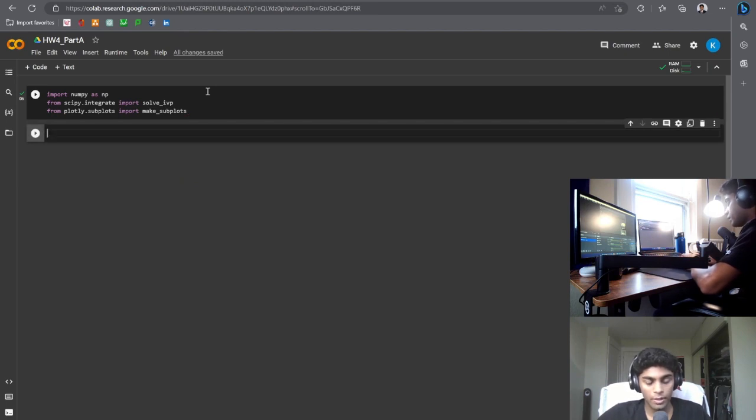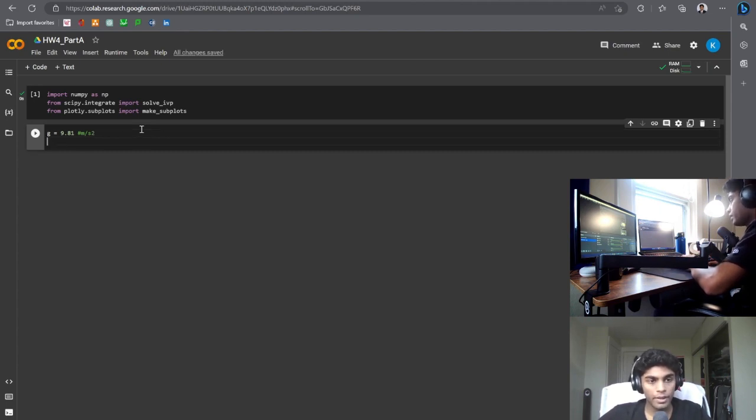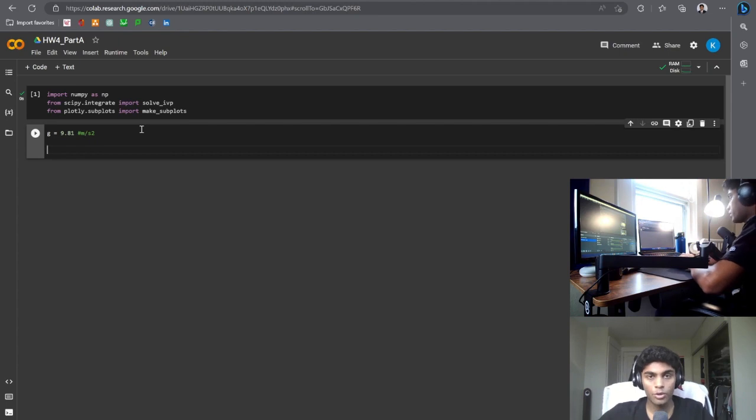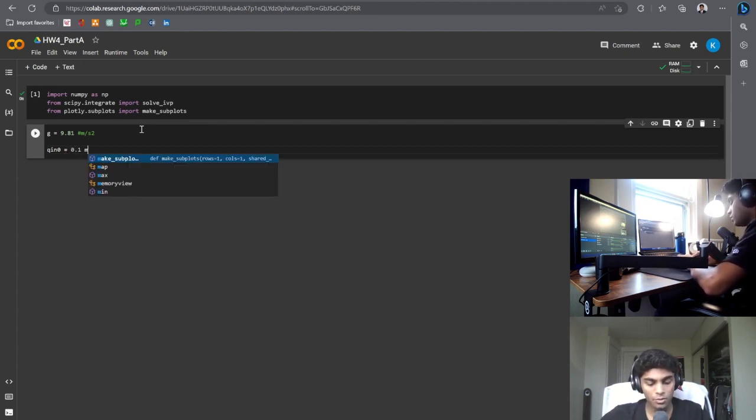And now we can put in the values that we'll use to go ahead and solve this problem. So now let's start importing. So we're going to import gravity, of course. That's 9.81 meters per second squared. And we can also import the initial flow in, so q in not, and that's going to be equal to 0.1 meters cubed